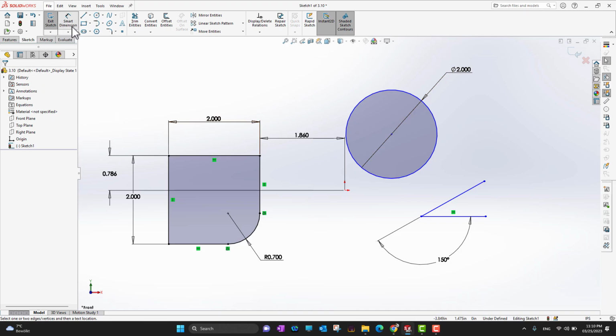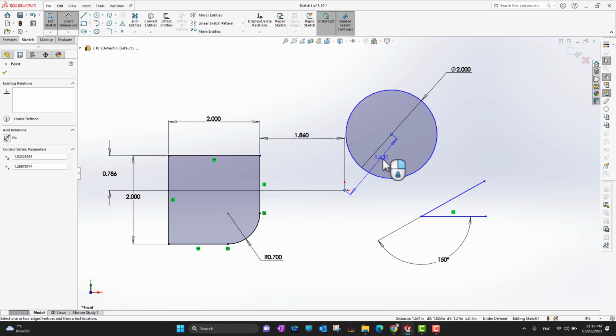So there are a few other dimensions which we can add. Suppose let's add it from here. If you want to add a dimension, the straight line from this point to the center point of the circle, you can add this. If you drag your mouse in this direction, it's going to give the straight vertical line between this point and this point, like that. Or if you bring your mouse here, this is going to explain the horizontal distance between this point and that point. So let's say